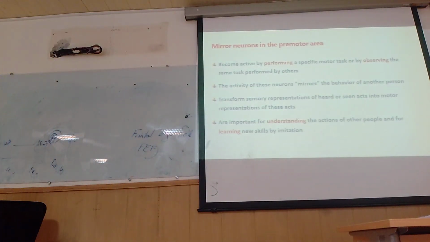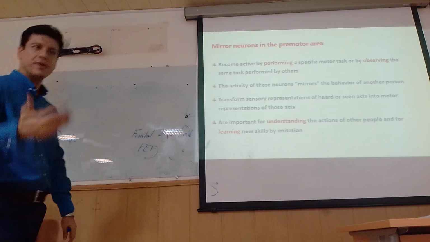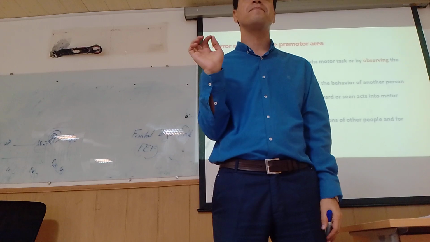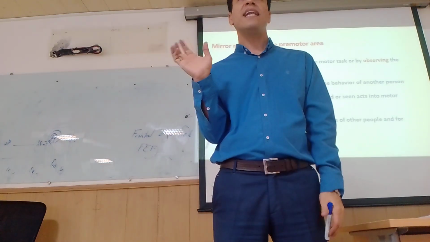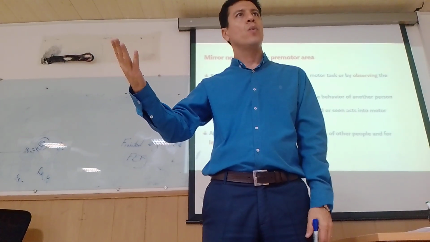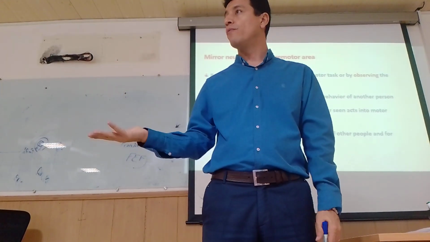A special type of neurons in the premotor cortex is called mirror neuron. You know mirror neuron? You know mirror? Yes. You stand in front of the mirror and you can see yourself. Okay? So, we can expect that for any movement, for any purposeful movement,